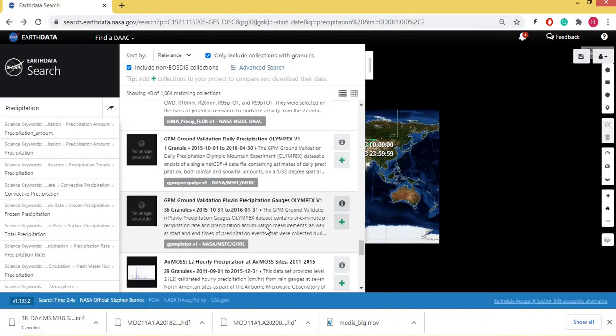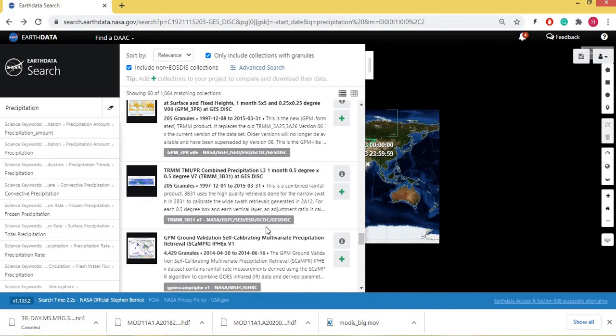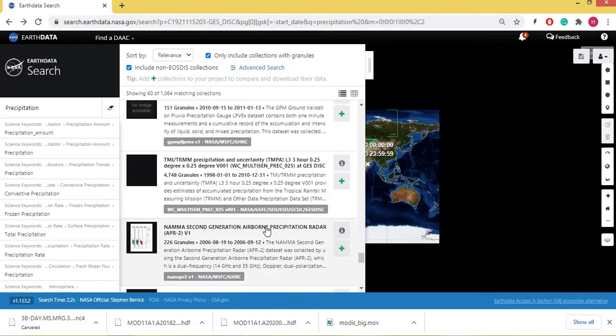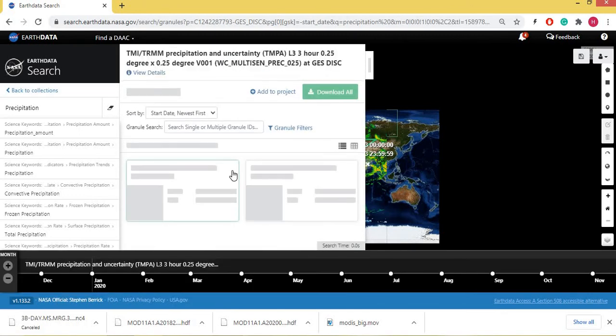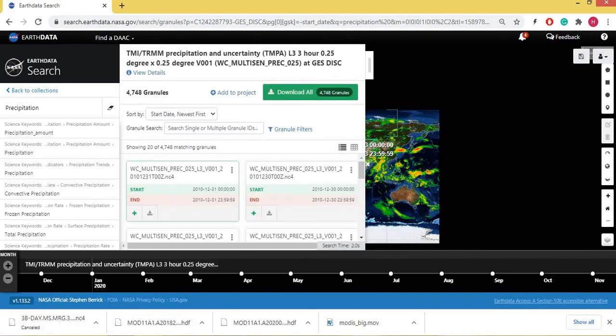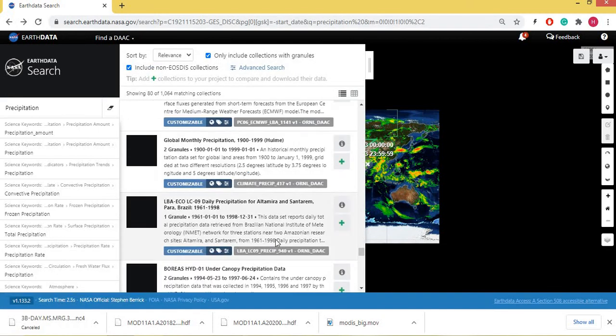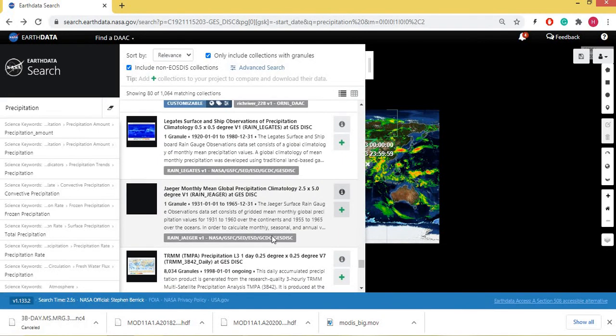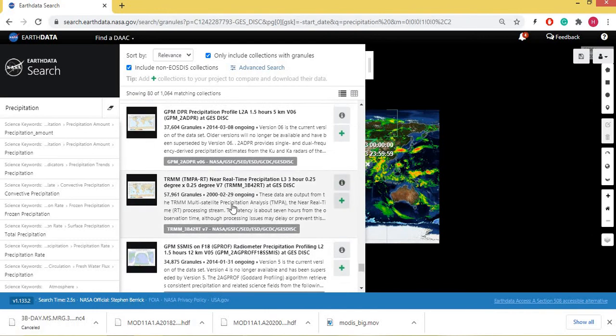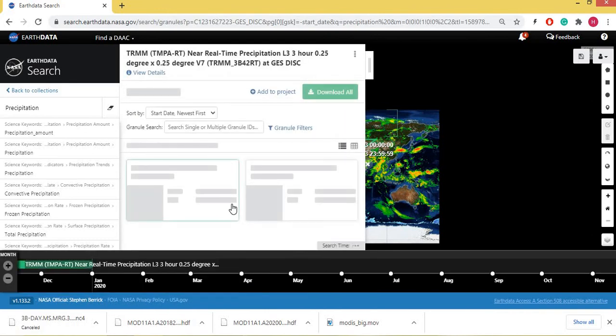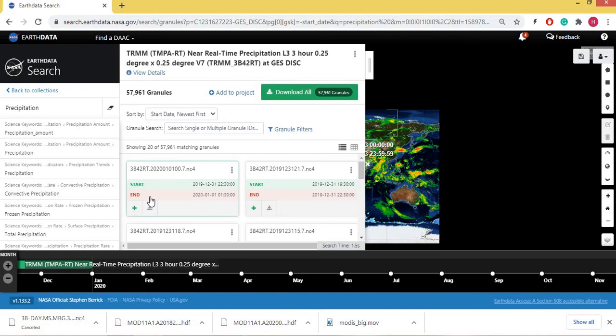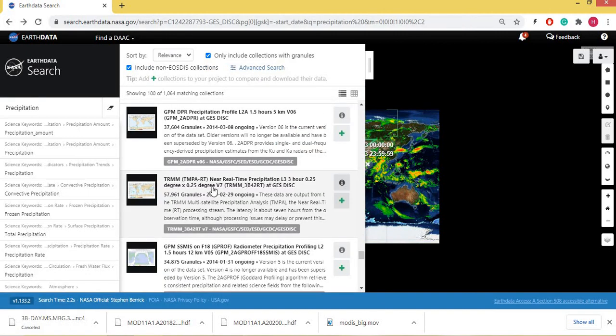For example, this data is also in NC4 format. Like TRMM, this data is NC4 format, and it is a level 3, 3-hour product.